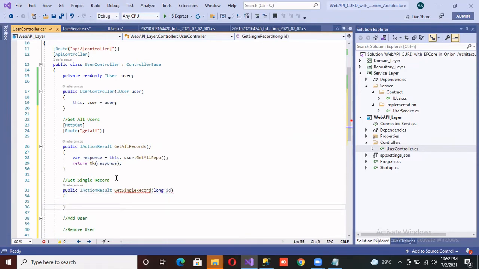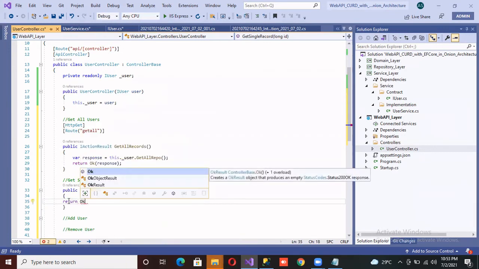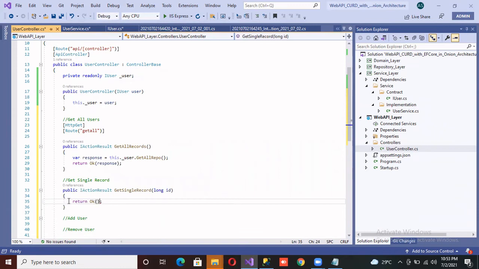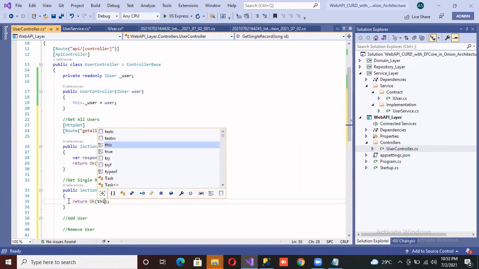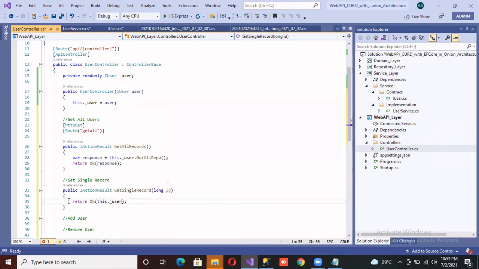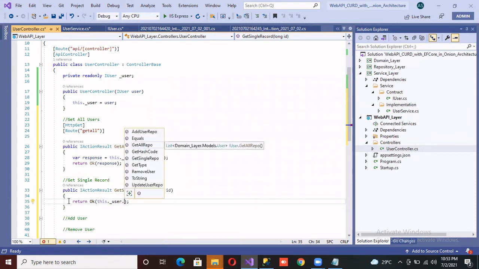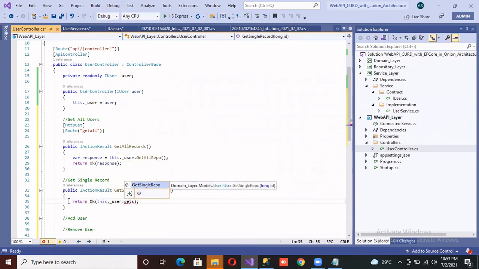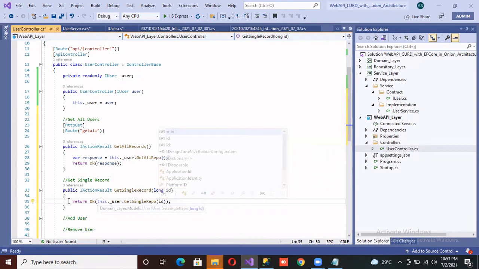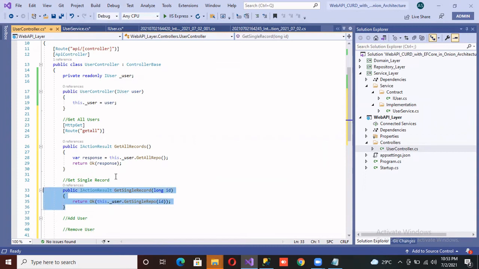And then I'll just give the direct call, return Ok, and inside of this Ok, I'll give this dot user dot get single record and pass the parameter. Now, so I wrote the logic.